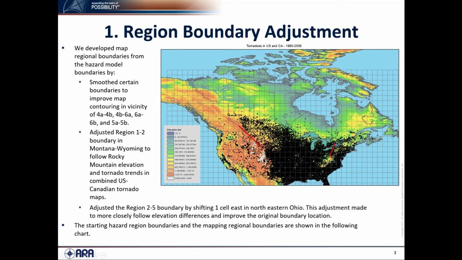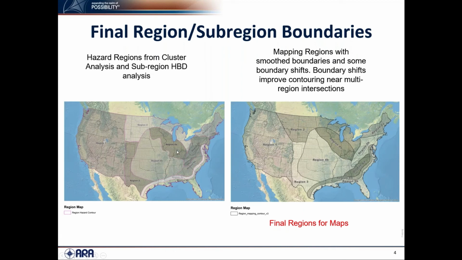It turns out that right near the end of the project, ARA got a separate project from the Canadian government to do a similar kind of analysis there. Before, we had this sort of boundary effect where we didn't know what was going on north of the border, and they captured a lot more data. Looking at the climatology here, you can see that a lot of tornadoes occur even farther west. So we may end up making a few adjustments near the Canadian border